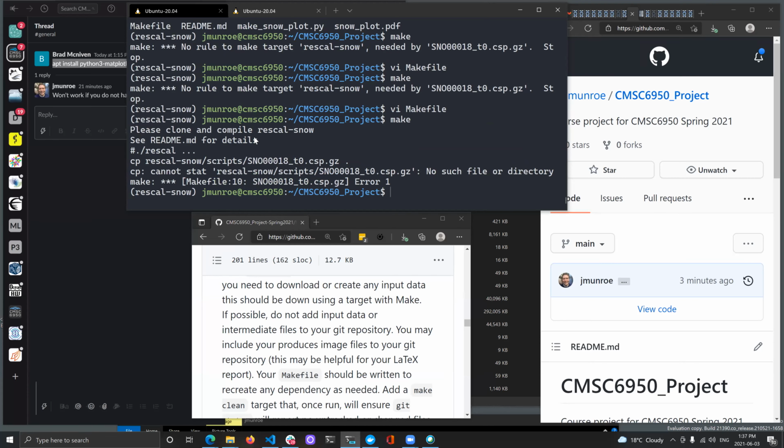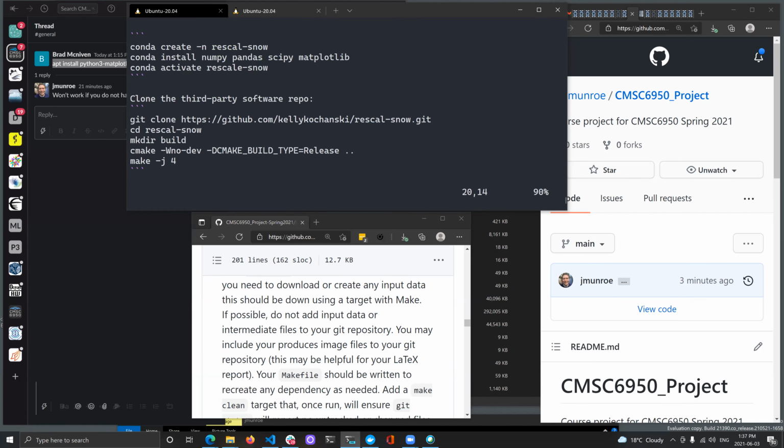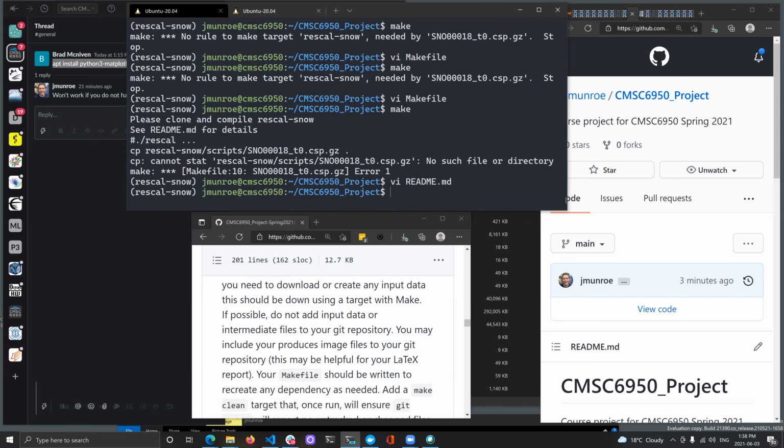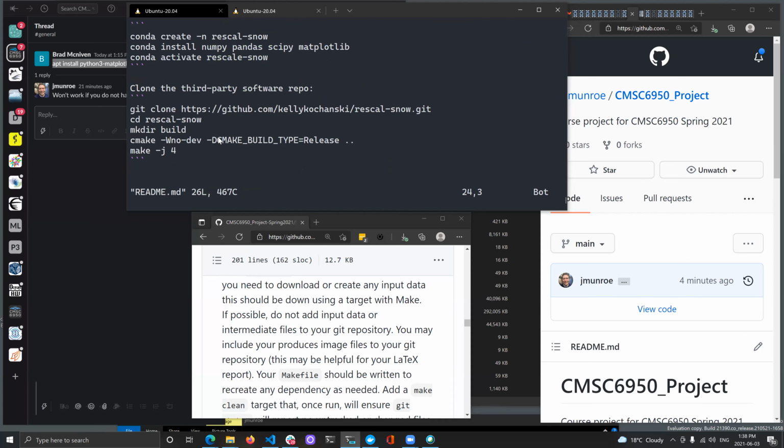Right? You see how it's telling you this warning message? It's saying, oh, I'm supposed to read the README. And what does the README tell me? That I need to have already done this step and done this step for this to work. So you don't need to automate the downloading of your file or the compiling or the installation. That should all be covered in the README. What you want is, assuming you have done everything that's in the README,